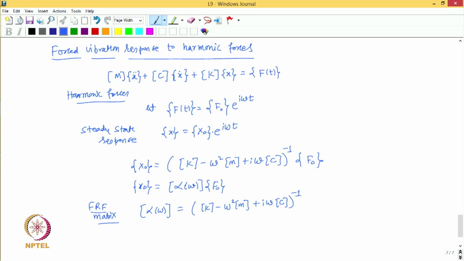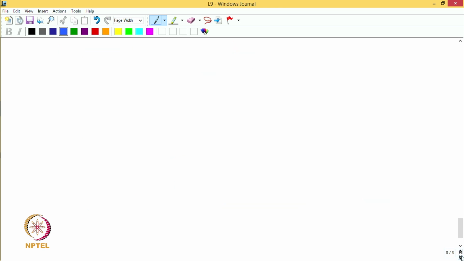Let us now use an alternative approach. The response we got is based on a direct solution of the differential equations. As we have done for the undamped system, let us now use a modal approach, or a modal analysis approach, to find the response. In the modal analysis approach, we first transform the differential equations